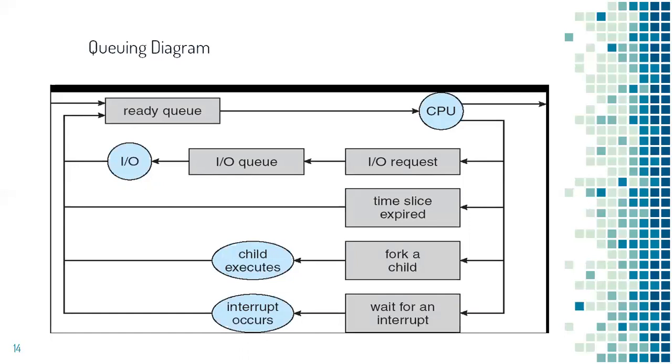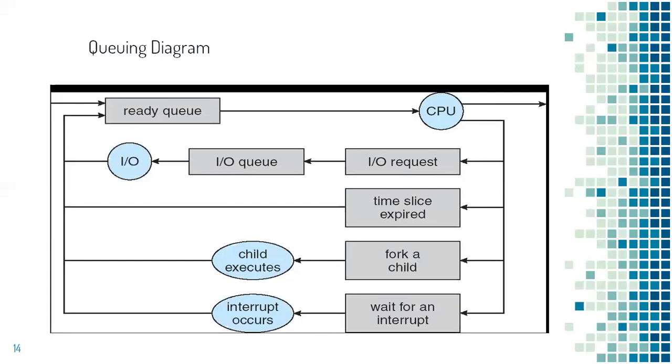The process which was waiting will move to the IO queue because there is again a queue of processes waiting for the input output devices to take service. So it migrates through the IO queue to IO device, and after completion of IO operation, it goes to ready queue by changing its state to ready. So once the process gets its turn in the ready queue, it will be chosen again for execution on the CPU.